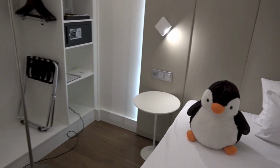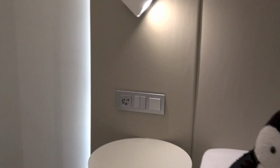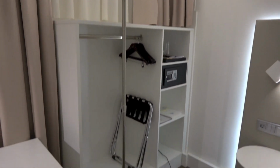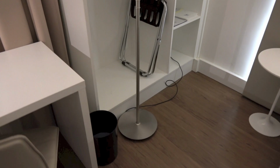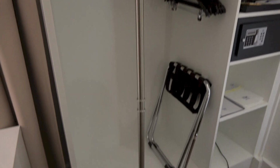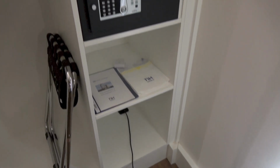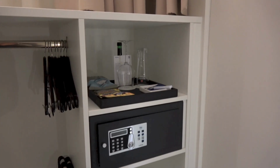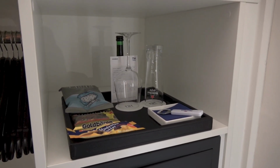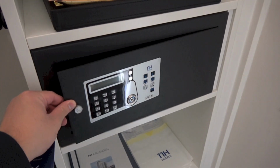Further inside, another bedside table with another plug and more light switches. A light. A mini cupboard, open plan, some shelves, pantry area with some snacks and a couple of glasses, a safe,